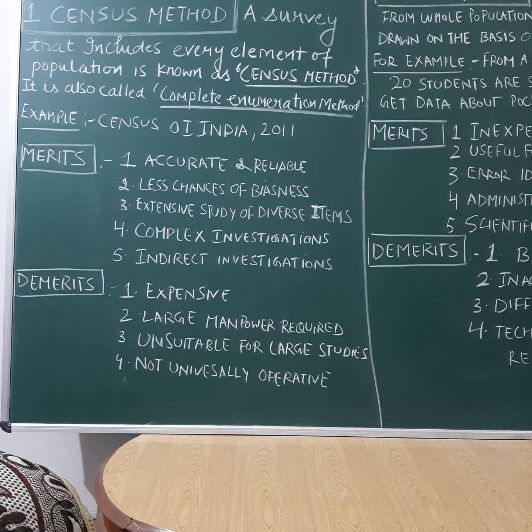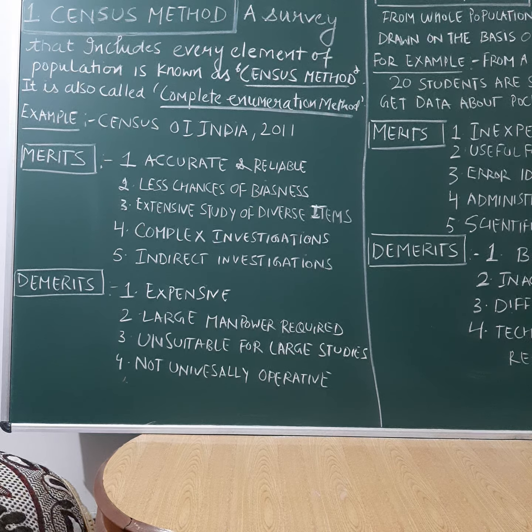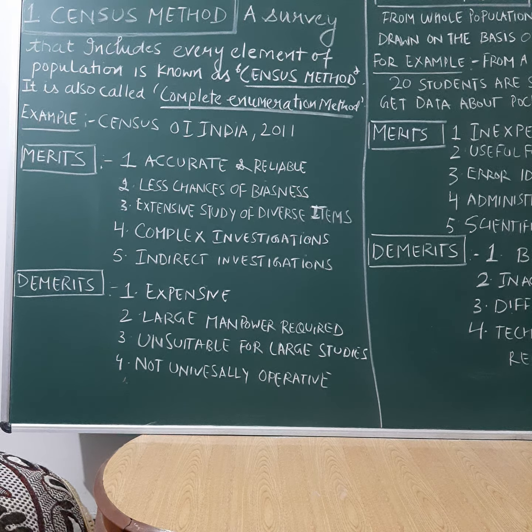You go to the doctor and you have to get your blood test done. The doctor is not going to take the whole blood out of your body. The doctor is going to take just a small amount, a few drops of your blood, to get it tested, and whatever result comes from that small sample will be applicable to your whole body also. If there is infection in the small blood sample, we will say there is infection in the body. These are some examples of the sampling method, which we use in our daily lives.